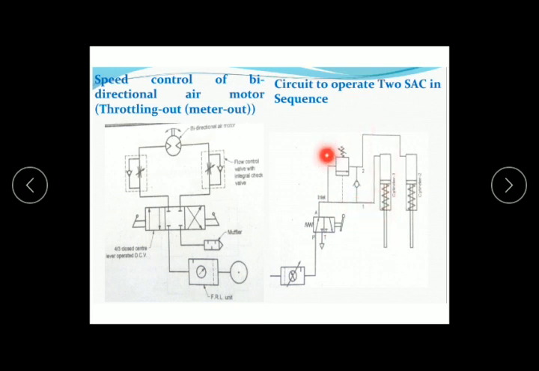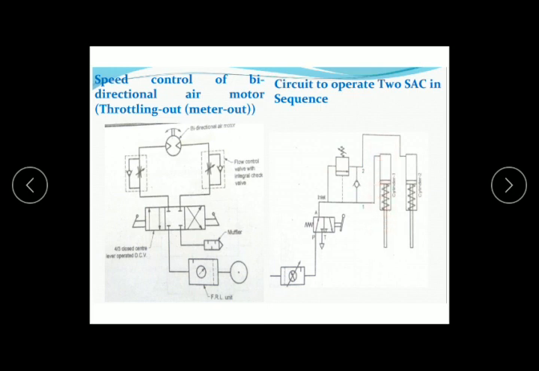As you know, the sequence valve in the first stage is a normally closed type of valve. So air cannot pass through this sequence valve initially because it is normally closed, and we have attached a check valve in the opposite direction. So the only way to pass the air is through cylinder 1. Once the extension of cylinder 1 is completed, back pressure is created, and this back pressure gives the pilot to this sequence valve, and the sequence valve opens.